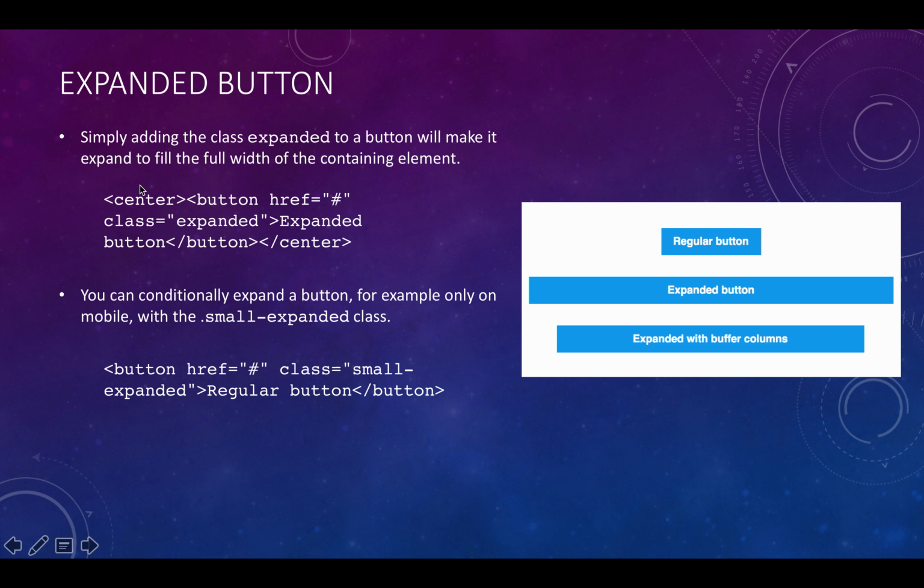So to do that, again, we're using the centered one as an example here, we simply add the class of expanded to the button, and that will give us the full width expanded button. So in the example on the right-hand side, we've got a regular button here for comparison, but then we have the expanded button. And then if you want to play around with things a little bit, you can just expand it with buffer columns,